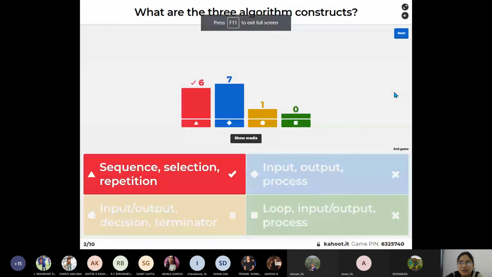Is it okay, children? Yes, it is sequence, selection, and repetition. So in any algorithm, sequence of steps are there. But sometimes we will skip some steps based on the decision. If this is true, do this, otherwise do that. Sometimes we repeat the same steps. So sequence, selection, repetition are the 3 algorithm constructs.